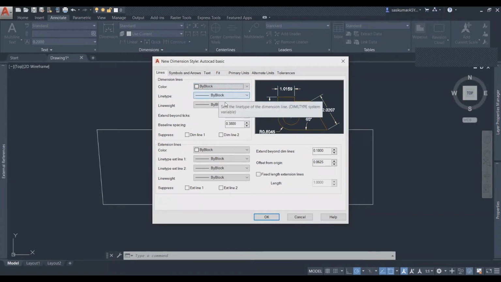ByBlock. Now the linetype. Here there are some linetypes, but I want to teach you one more thing: linetypes. Linetypes are very important in AutoCAD. Whatever drawing you draw, you cannot create all the lines in one style. There are a few linetypes. You should know how to choose the linetype and how to select it in the dimension style